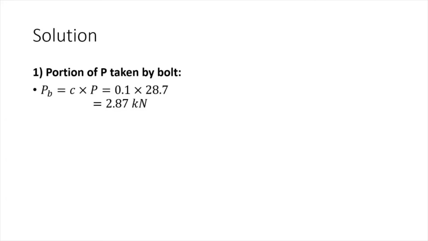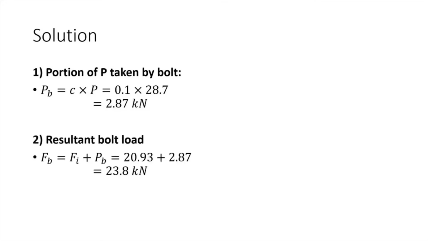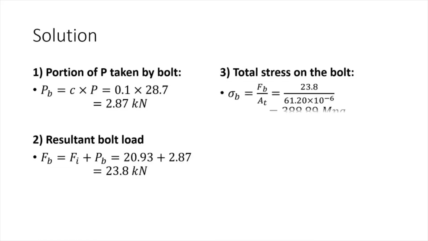The resultant force load equals the preload plus the external load PB. We calculate the resultant force to be 23.8 kilonewtons. To calculate the safety factor, we need to find the total stress on the bolt. The total stress equals the resultant force divided by the tensile stress area. We calculate it to be 388.89